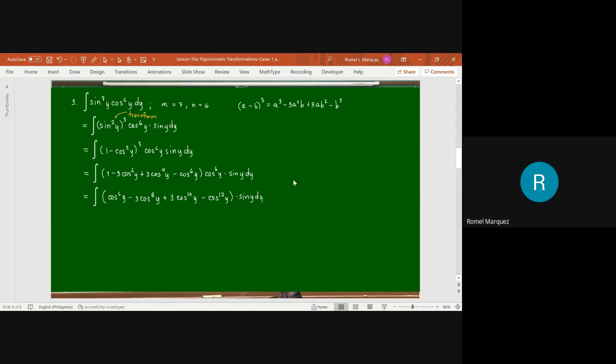Okay? But the derivative of sine is equal to what? So if my u is cosine y, for each term, du is what? Negative sine y dy. So meaning, I'm going to insert here negative 1 as a factor, and then I'm going to have negative of each of the terms. So the terms inside will change in sign every term, no? So we get integral of